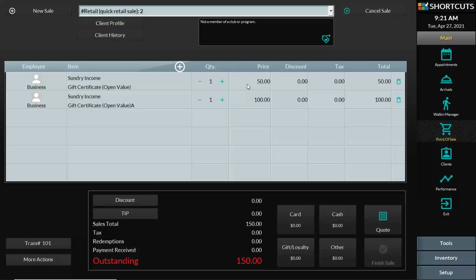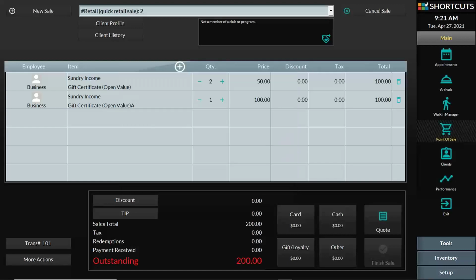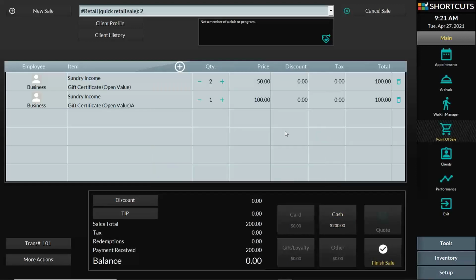Now if the customer says, well, actually I'd like 2 gift certificates worth $50 and 1 gift certificate worth 100. So in the middle column, where it says quantity, I can just press the plus button and change it to 2. Or I could click the number 2 and just type it in. Either way works. So the customer is going to, in this case, give me cash, 200 in cash,